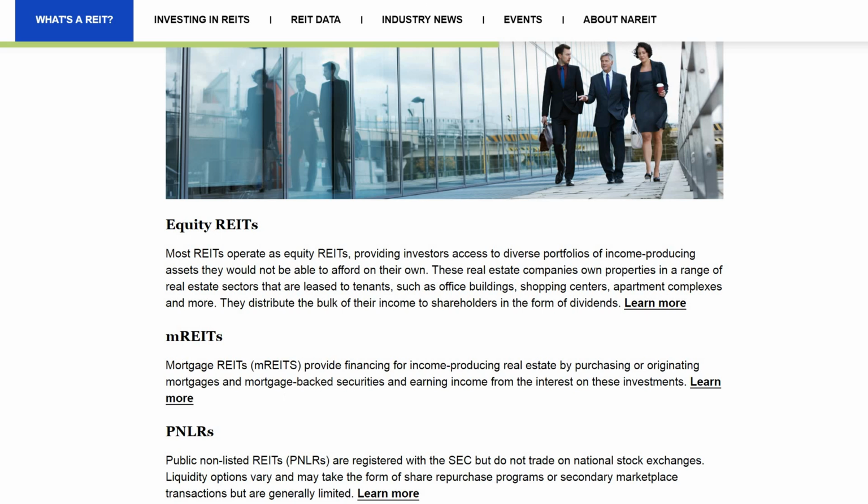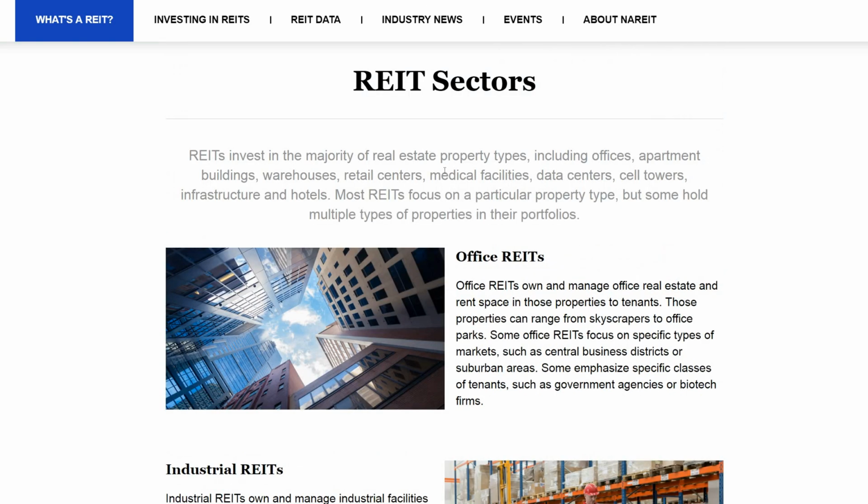All right. Now, another thing that I want to go over briefly before we go back into M1 Finance and look at my individual slices is the different sectors that you can find within a real estate investment trust. Just some overall information. What kind of REITs are out there? What are the different sectors?